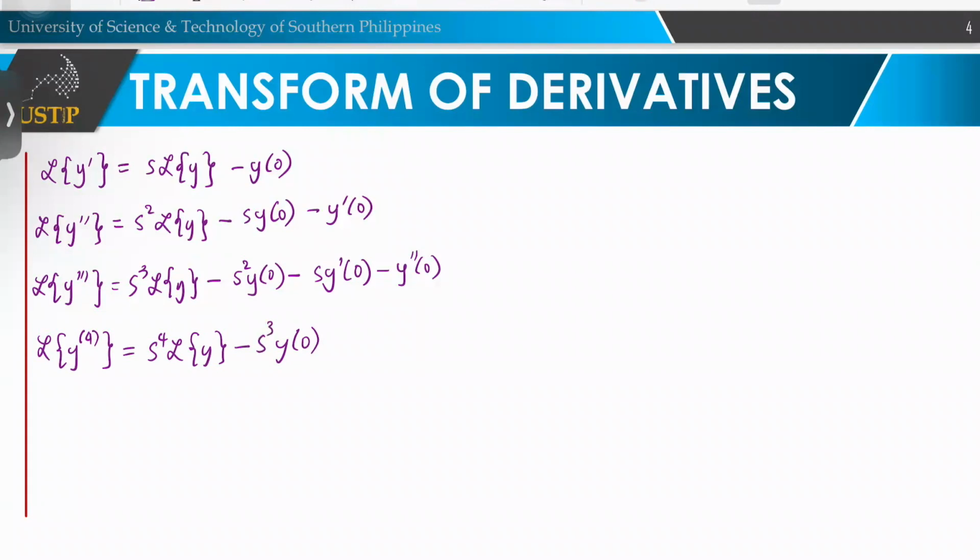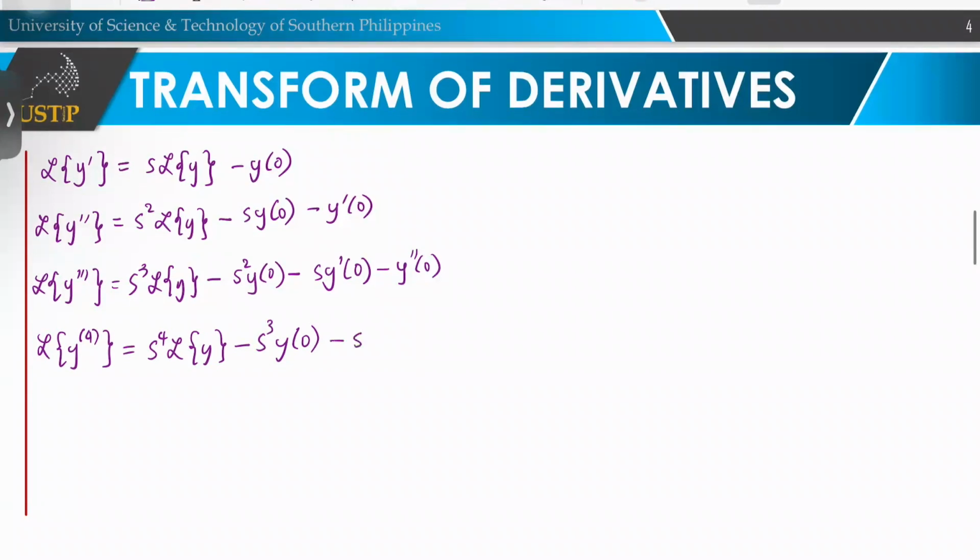Then minus s squared times y prime of 0, minus s to the 1 or just s times y double prime of 0, minus, and then s to the 0, so 1,